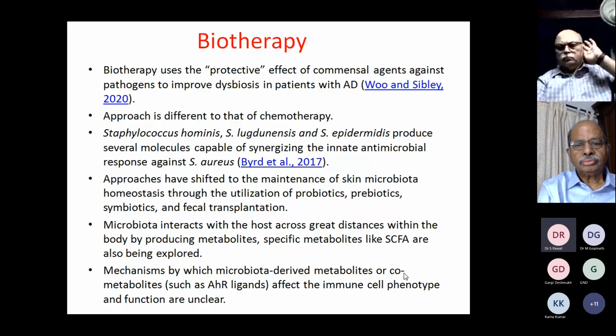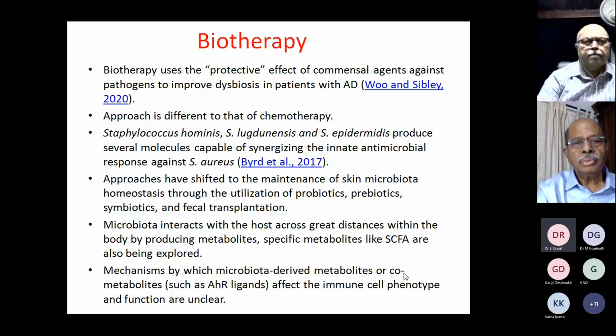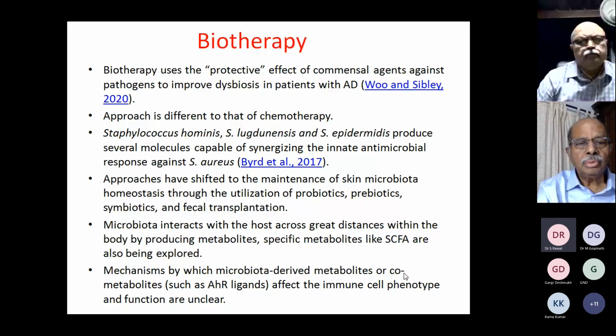Various bacteria such as various species of staph and their molecules are synergizing the innate antimicrobial response. So they are being used as a therapy. Now there are some probiotic creams in the market which help in improvement of skin health. Then there have been approaches where the maintenance of skin microbiota homeostasis is achieved through the utilization of probiotics,